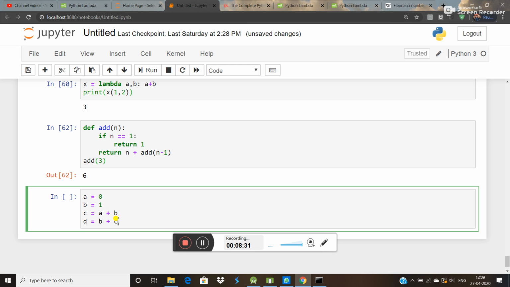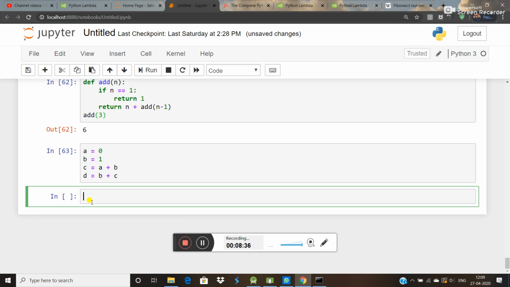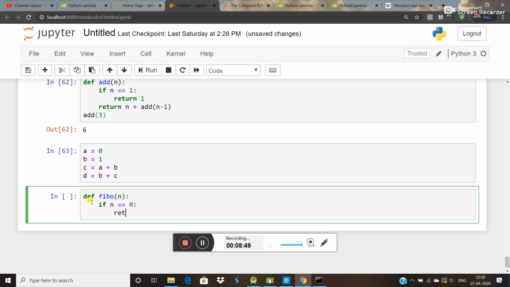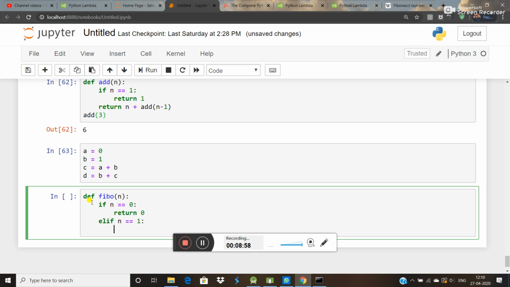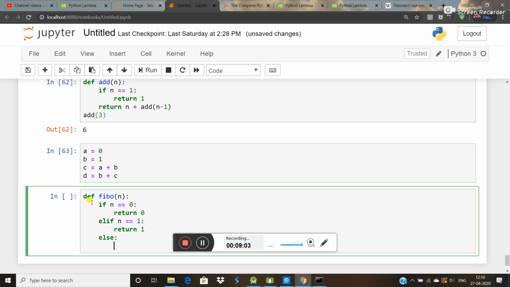So now we have to write the code for this. What we can do here is simply first of all declare a function fib, where you want to know the nth Fibonacci number. Okay, so if n is equal to 0, return 0, else if n is equal to 1, we have to return 1, else otherwise what you have to return.